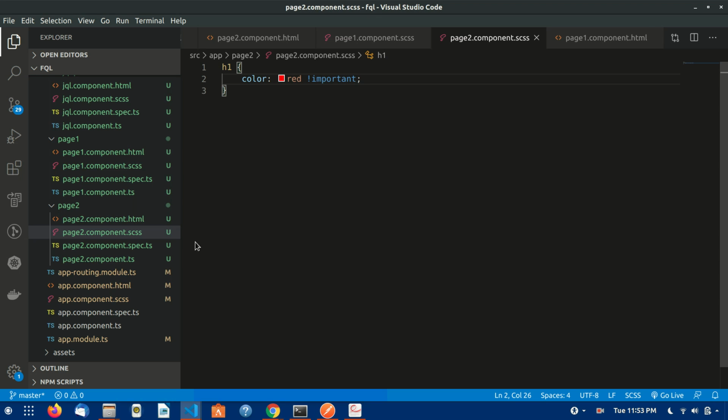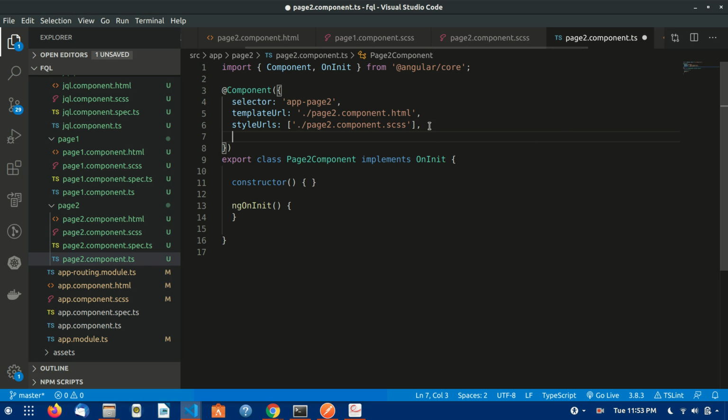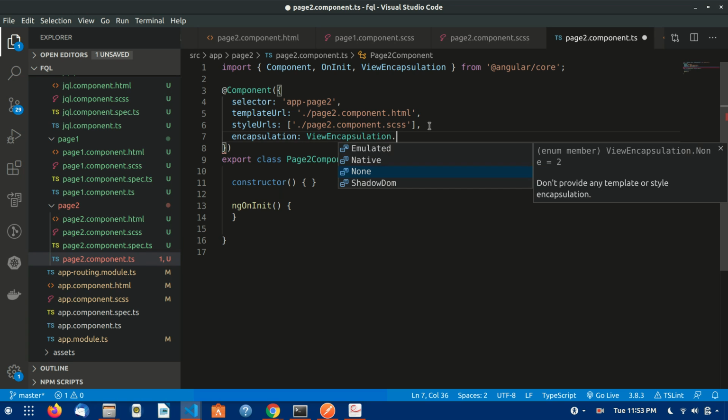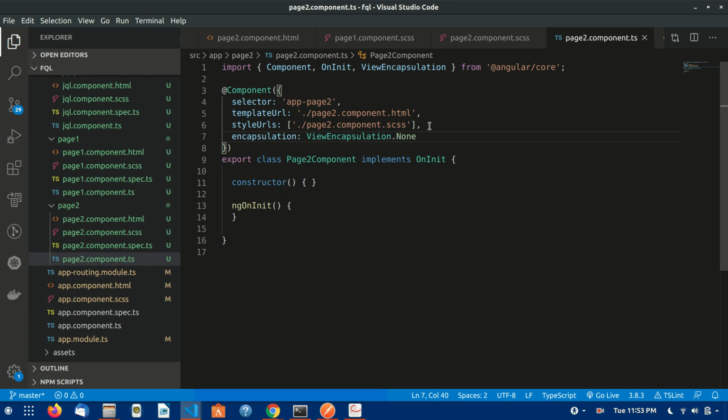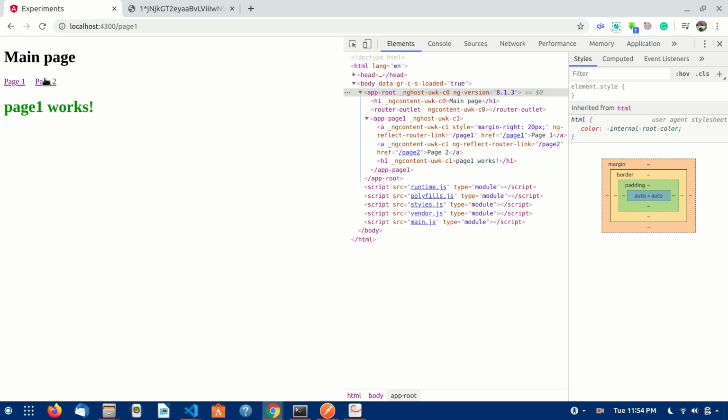Now what I'm going to do here in the page 2 component is add encapsulation: ViewEncapsulation.None. Generally we do this to override the style of the inner components. Now when we add this line, you're going to see in a second what happens in our HTML. Let's move to page 2.